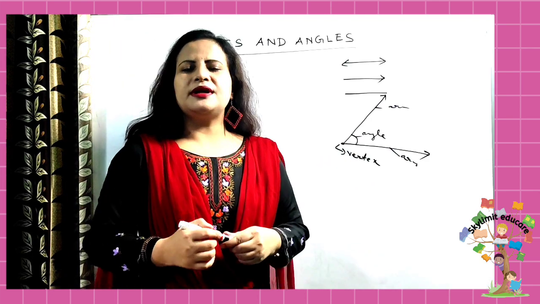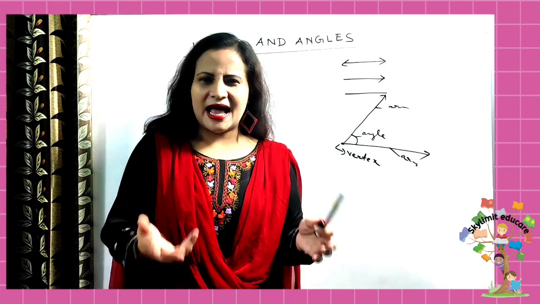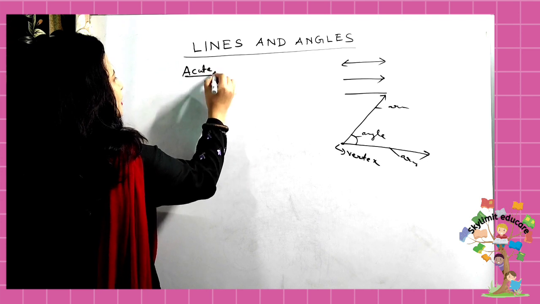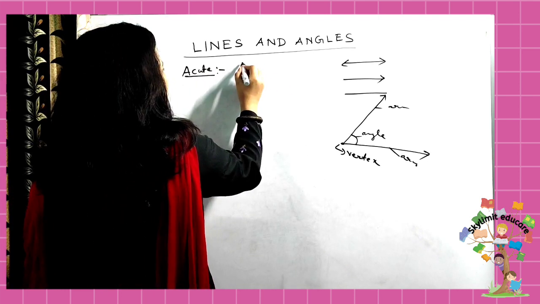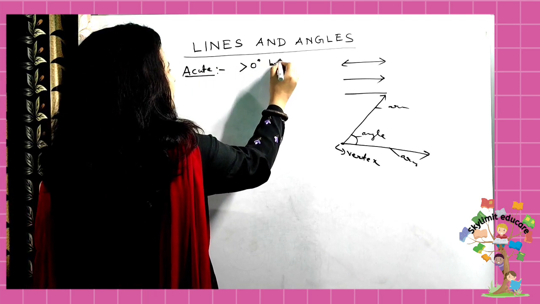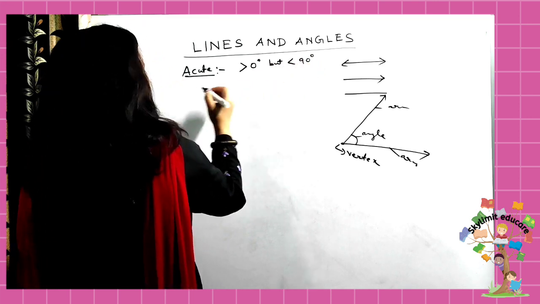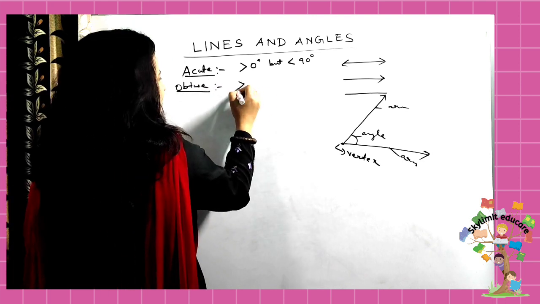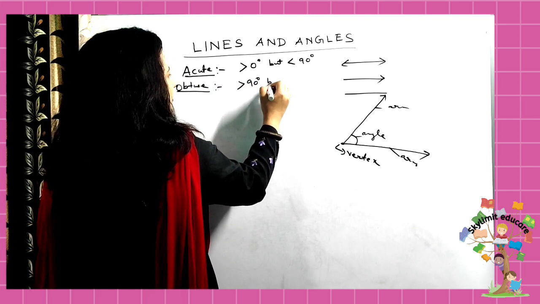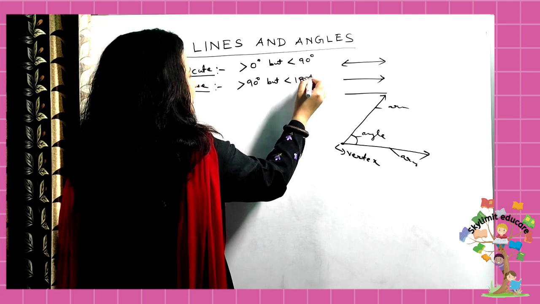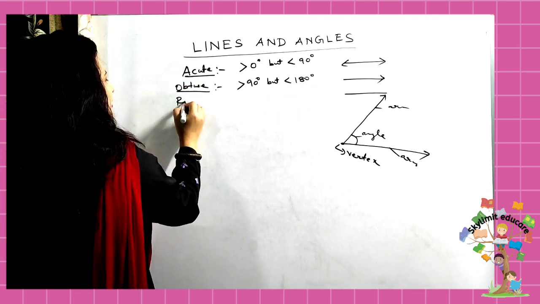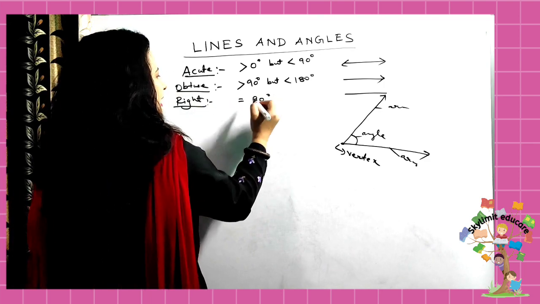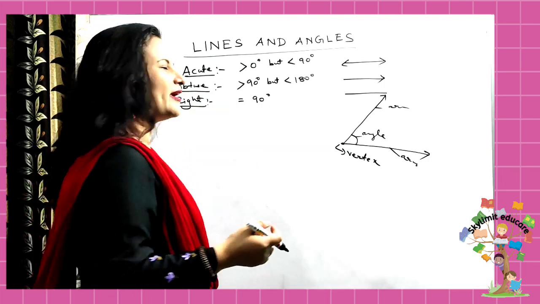And already you know that we have different types of angles. Yes, starting from acute. Okay, just a small revision, students. Acute is what? Greater than 0 degree but less than 90 degree. Then you have obtuse. Obtuse is greater than 90 degree but less than 180 degree. Yes. Right angle, you know what is a right angle, which is equal to 90 degree. An angle that measures exactly 90 degrees is called right angle.